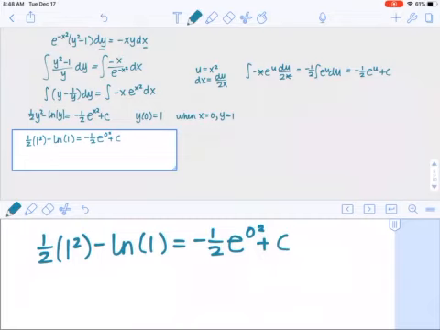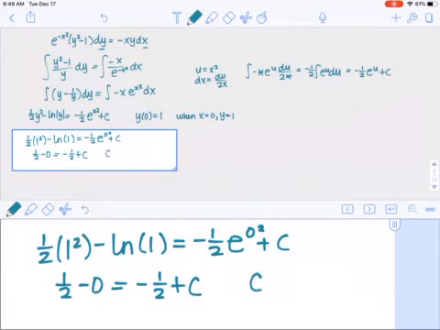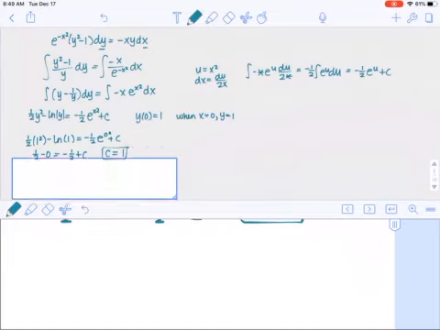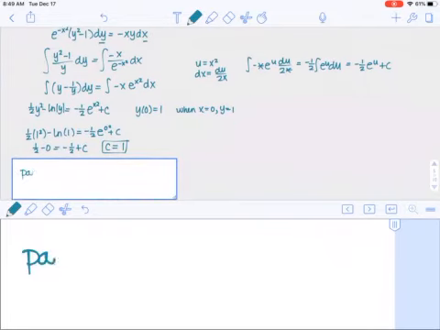So a lot of nice things can happen. You can see here I just get 1/2 minus 0. e to the 0 is just 1, so equals negative 1/2 plus c. And so if you move that negative 1/2 over, you end up with c equals 1. That is not my answer though, right? My actual particular solution